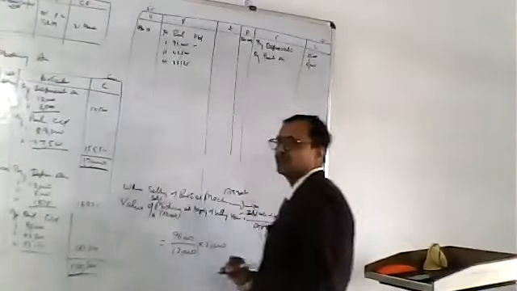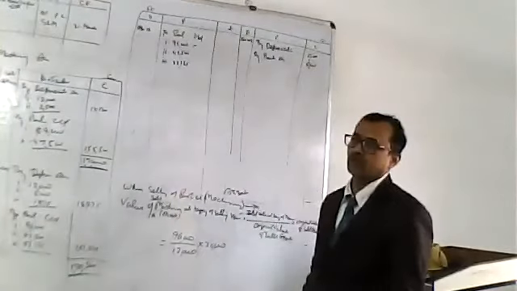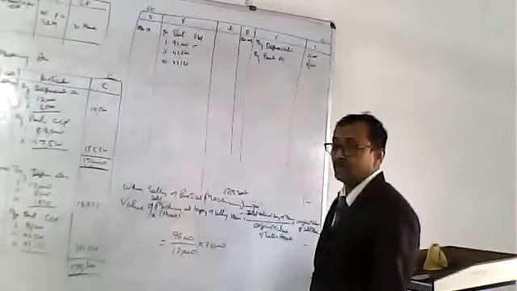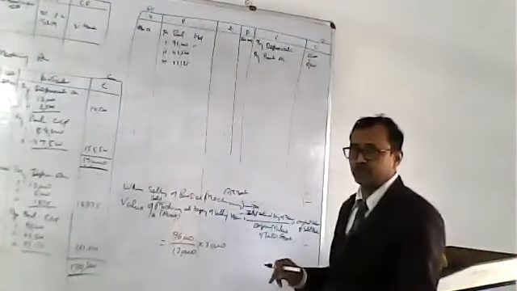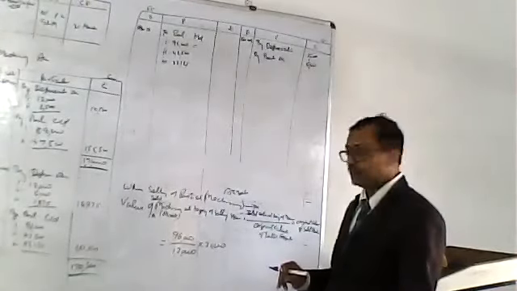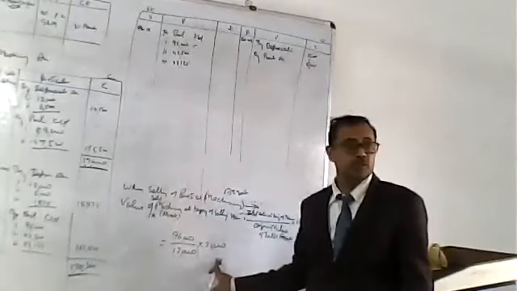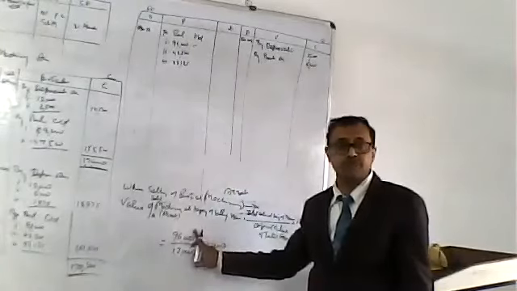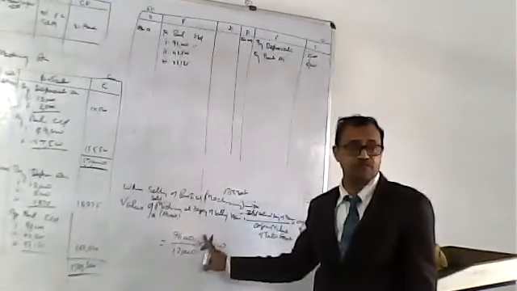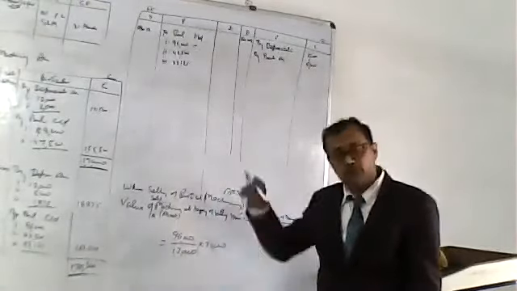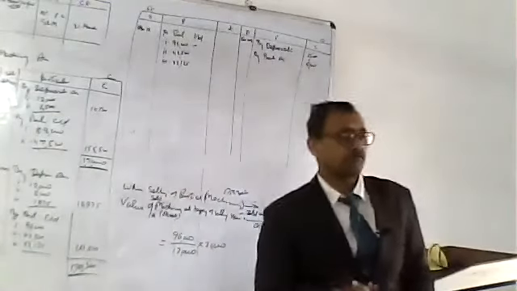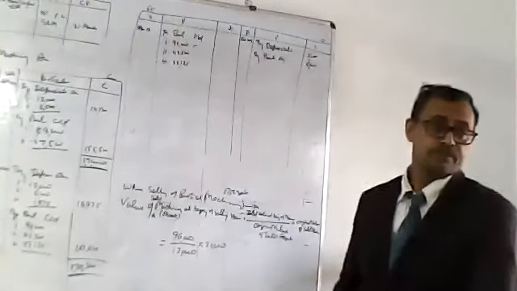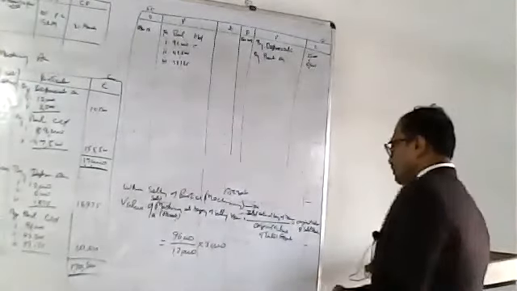You have sold for 6,000, that what is the value at beginning of year you are going to find out. The original value is 20,000, the original value was 1,20,000, and its present value at beginning of year is 96,000. Then what is the value of the machinery which you are going to sell at beginning of year?